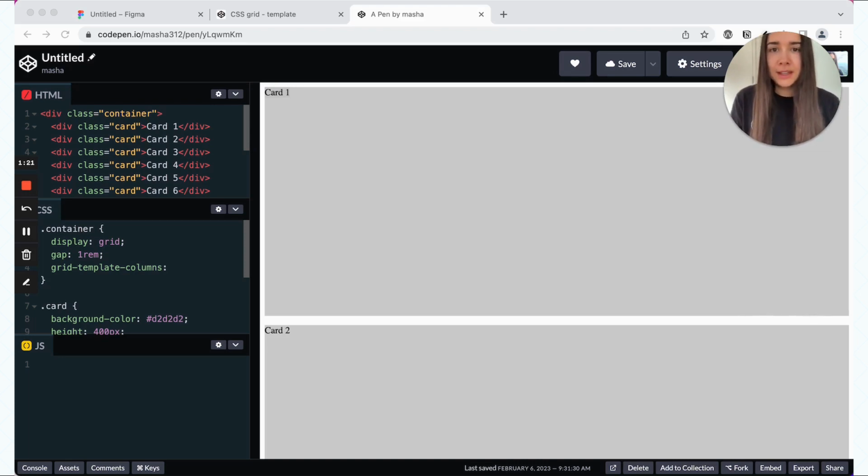That's the first part. And then the second part that we need to think about is that, yes, we have 7 cards here, and we know that for a fact. But if we're loading some dynamic number of cards and we don't know what the exact amount is going to be, we need to design for that. So essentially, we just want our grid layout to keep on repeating itself for as long as there are cards. Now let's put all of this information into one line of CSS.